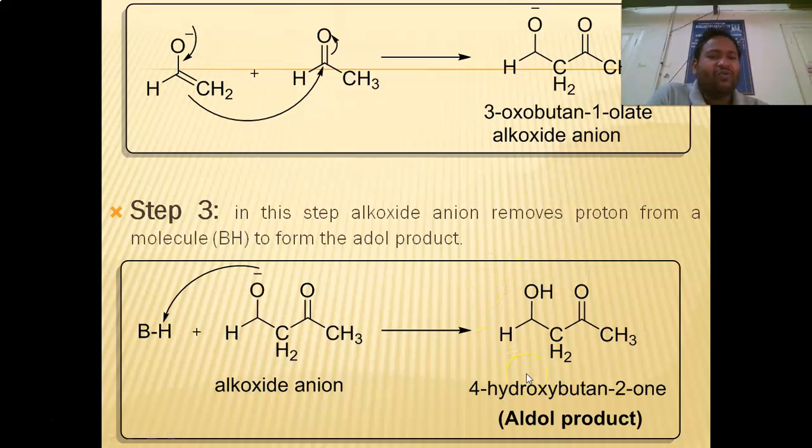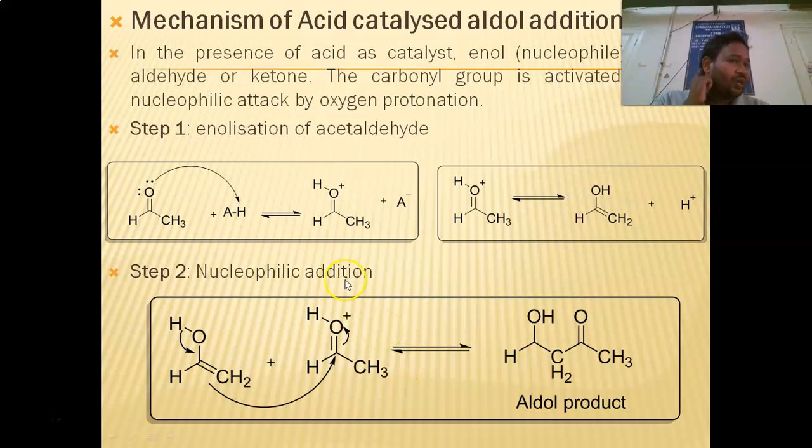So this is a very simple stepwise representation of the aldol condensation, called the mechanism. Okay, this is called the aldol condensation mechanism. I already said that this condensation reaction may take place in the presence of an acid catalyzed reaction or a base catalyzed reaction. So in the case of the acid catalyzed reaction, the first step is enolization of the acetaldehyde. In acidic conditions, the acid gives an H plus ion to the aldehyde.